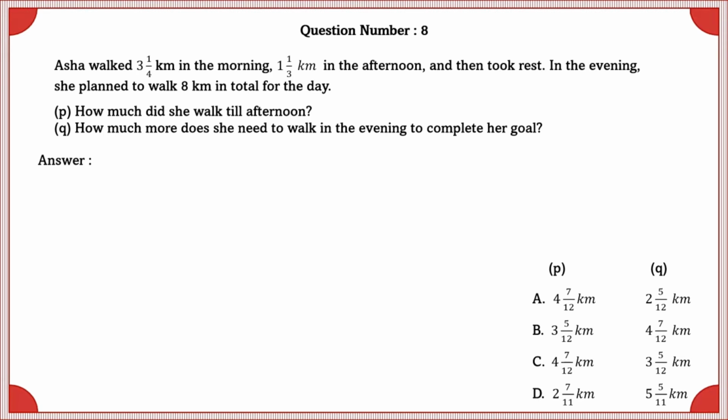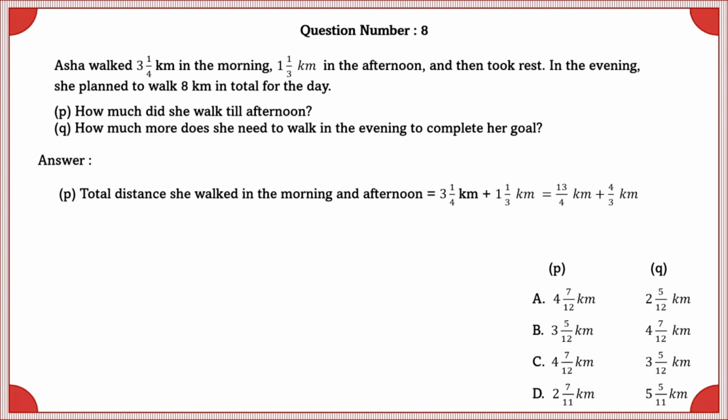Question number 8. Asha walked 3 1/4 km in the morning, 1 1/3 km in the afternoon and then took rest. In the evening, she planned to walk 8 kilometers in total for the day. First one, how much did she walk till afternoon? And the second one, how much more does she need to walk in the evening to complete her goal? Total distance she walked in the morning and afternoon is equal to 3 1/4 km plus 1 1/3 km. Turning it into improper fraction and then taking LCM and simplifying, we will get 55/12 kilometers, which can be written as